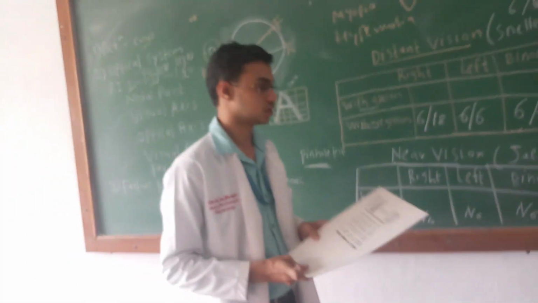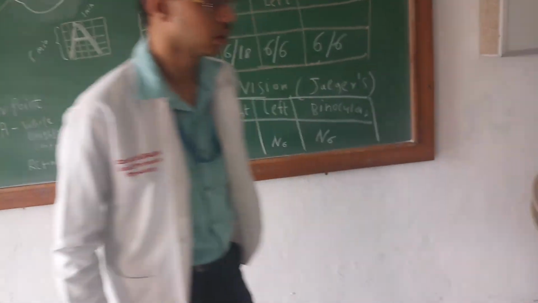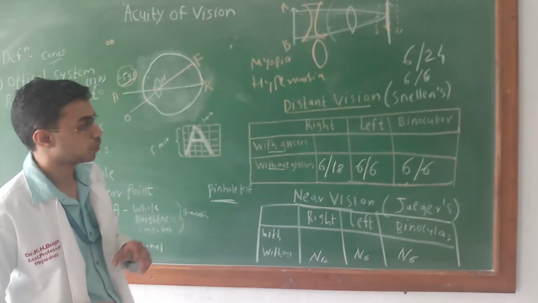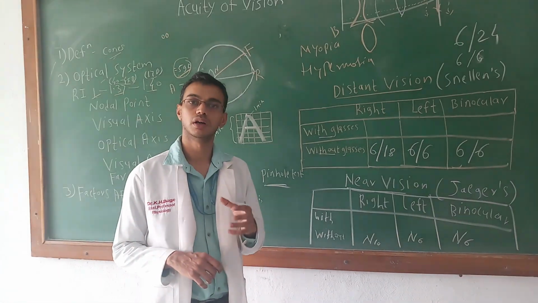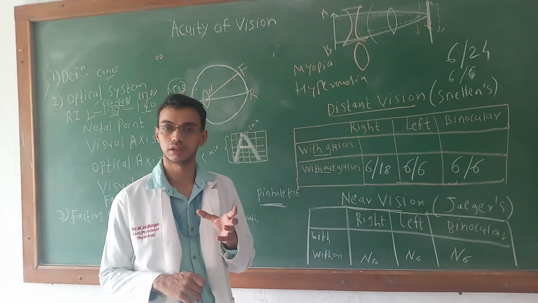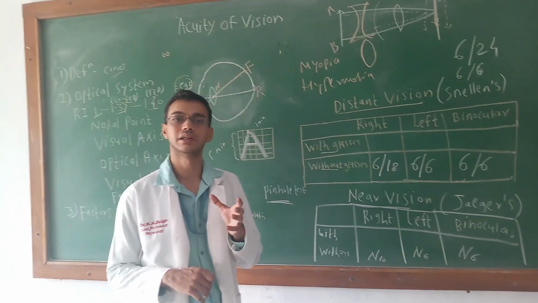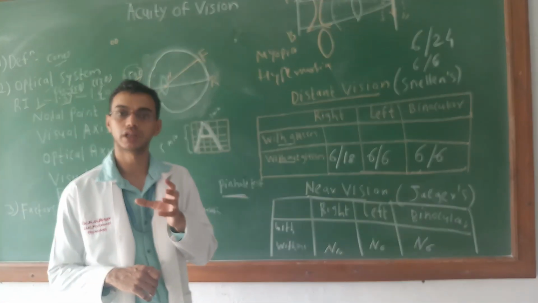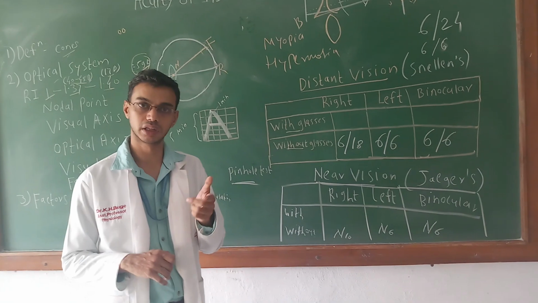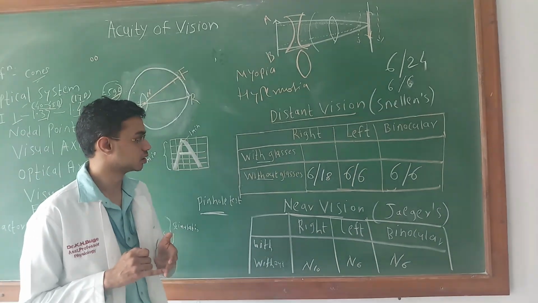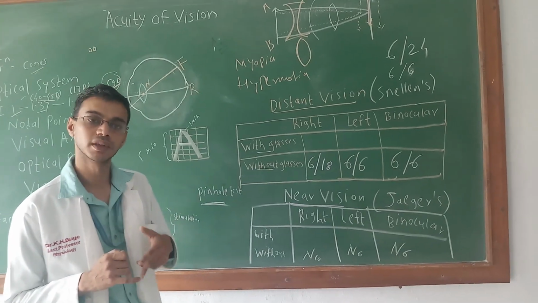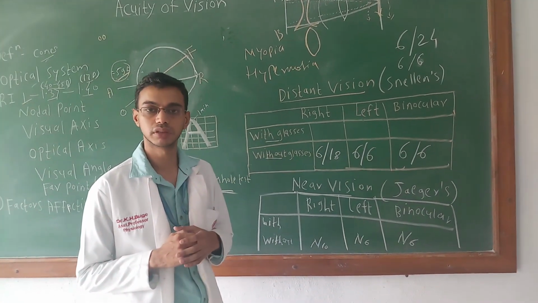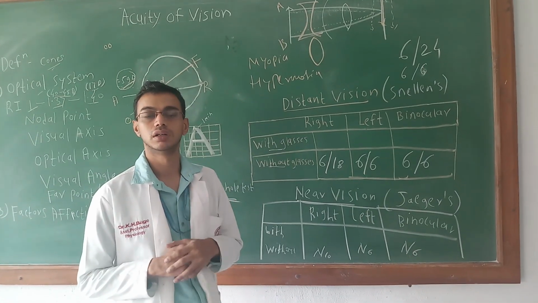So this is about distant vision and near vision. The last one is presbyopia and astigmatism. Presbyopia happens because, after the age of 40 years, there is loss of elasticity of the lens and weakness of the ciliary muscles, and that's why the person is unable to accommodate. That means accommodation power is lost because of ciliary muscle weakness and loss of elasticity of the lens capsule. The person is unable to read near vision, and for that we use a convex lens.